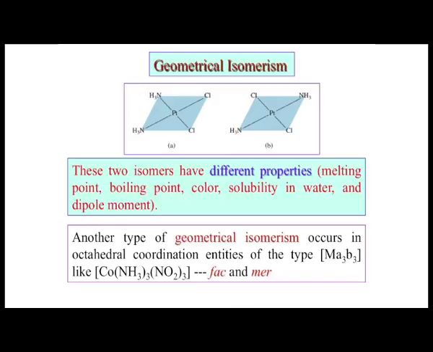So, dipole moment measurement or any other physical characterization technique which can give us some idea about the dipole values will be useful to identify whether a compound is in cis geometry or trans geometry. And another type of geometrical isomerism, which is also very useful and famous in terms of the orientation of the ligands in the corresponding environment, is where we are talking about a particular octahedral geometry.